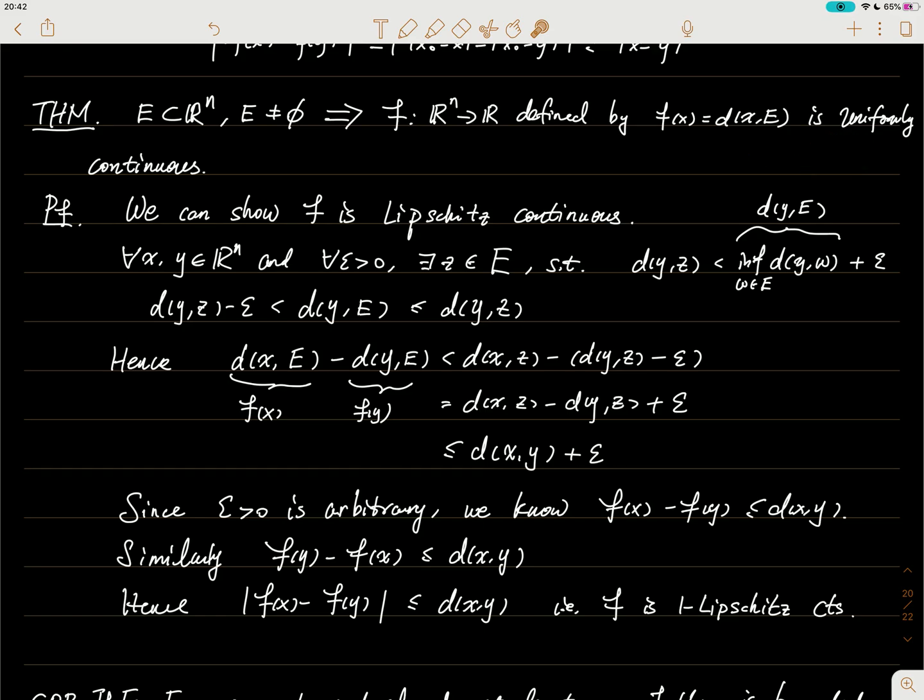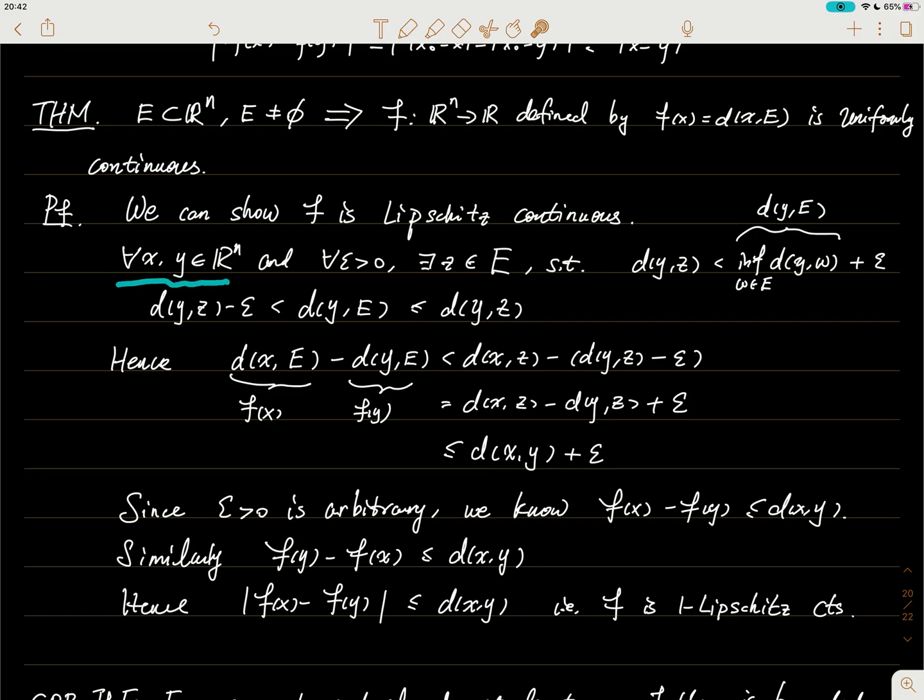Okay, and we're going to show this f is a uniformly continuous function. Actually, we can show that f is a Lipschitz continuous function. That is a stronger continuity than uniform continuity. Okay, so we can actually show that f is Lipschitz continuous. So to show that,